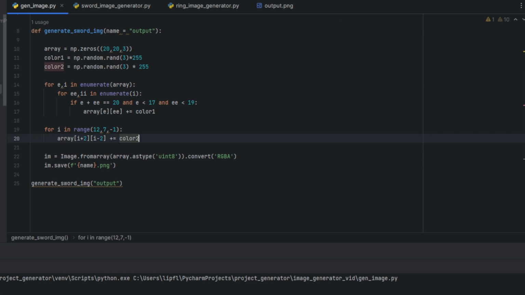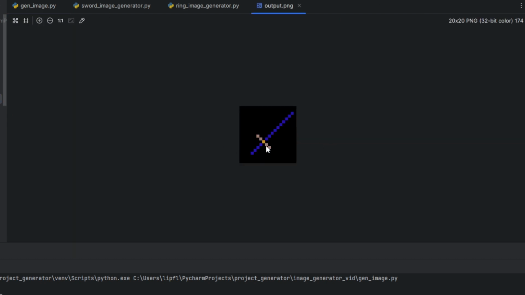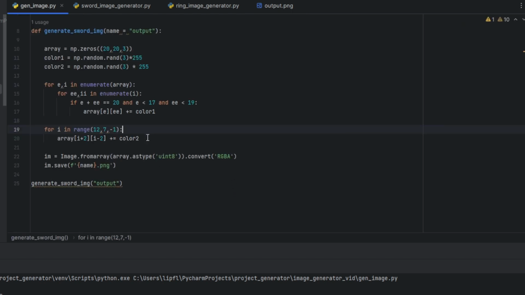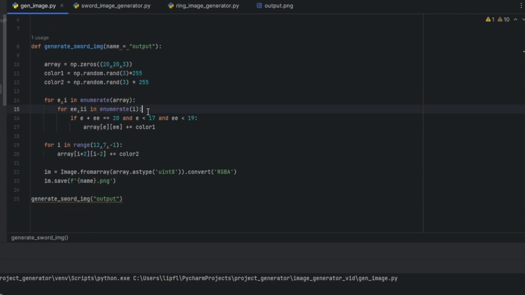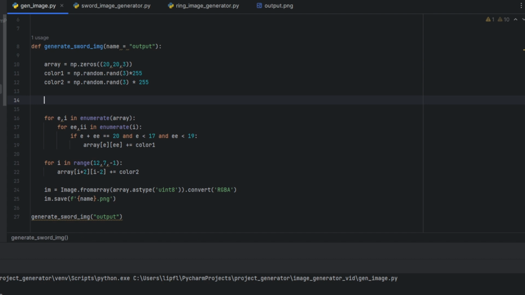Now let's look at the new output, which looks more like a sword, but usually a sword isn't that thin. So let's add another condition, we don't need another loop. Let's call a variable thick_blade equals random.randint from 0 to 4. And if thick_blade,